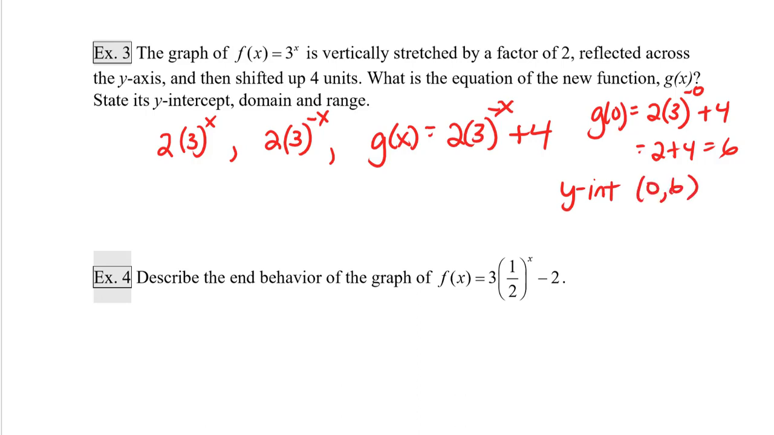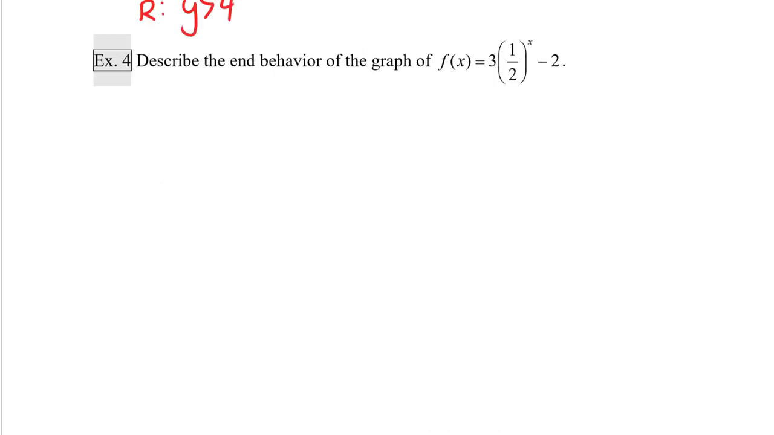The domain of any exponential function has to be all real numbers, but since the graph has shifted up 4 units, then the range, which should normally be y is greater than 0, has to become y is greater than 4. Example 4, describe the end behavior of the graph f of x equals 3 times 1/2 to the x